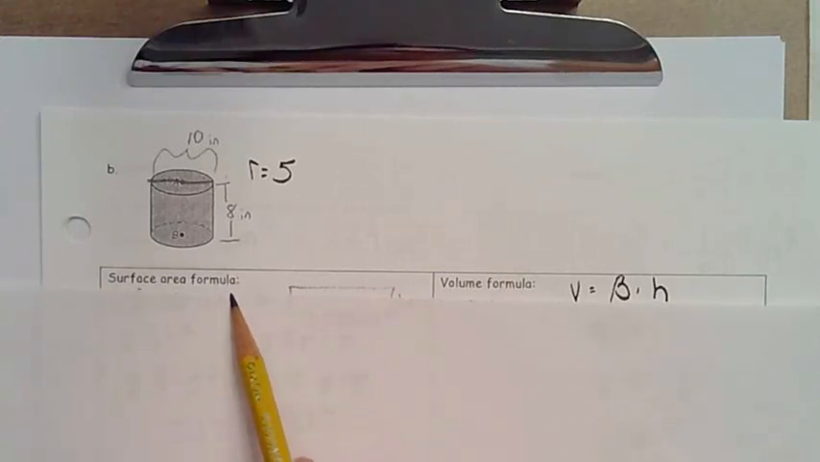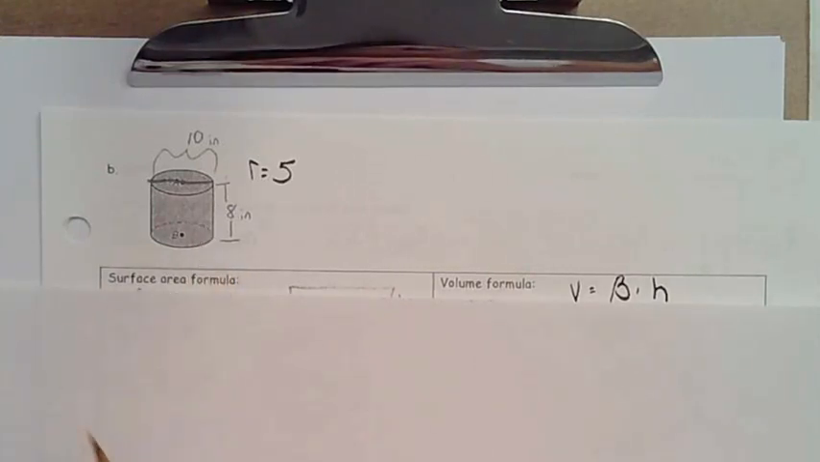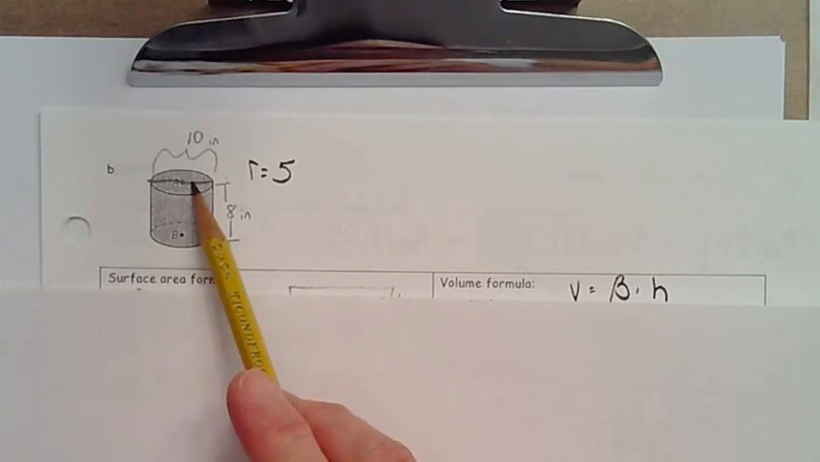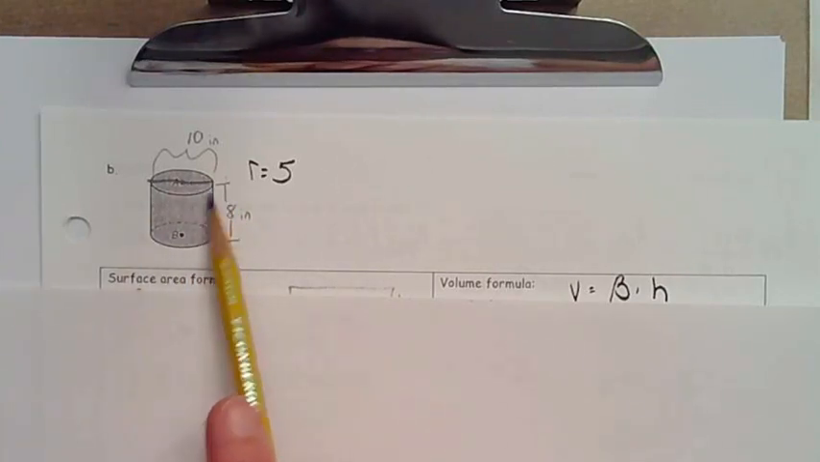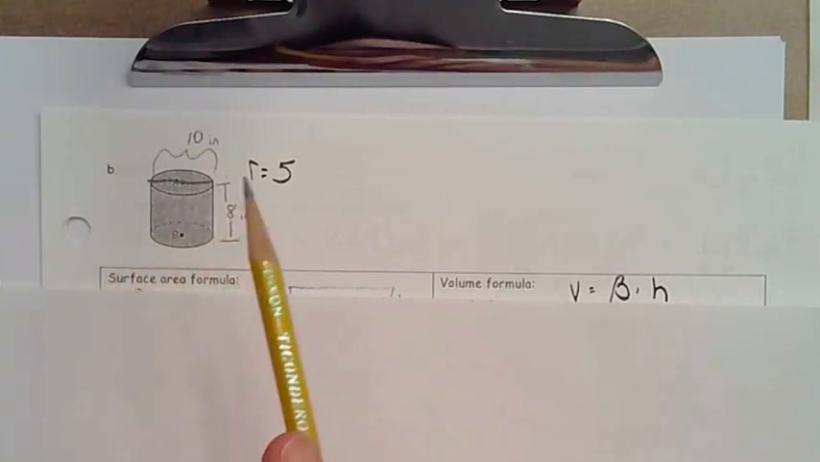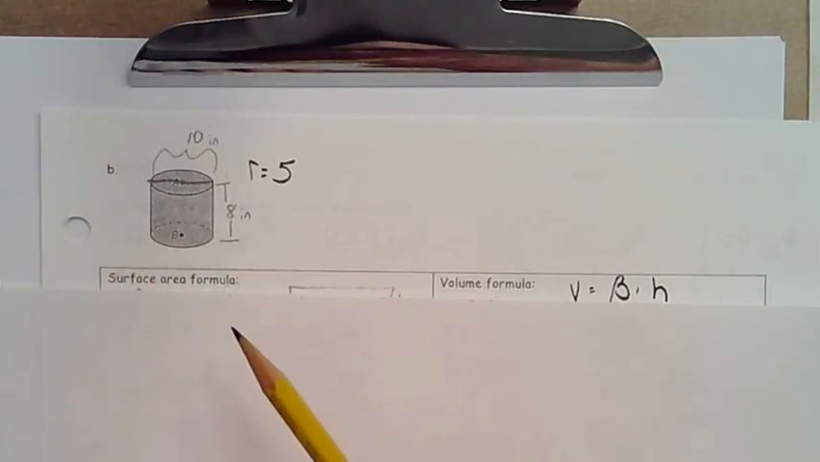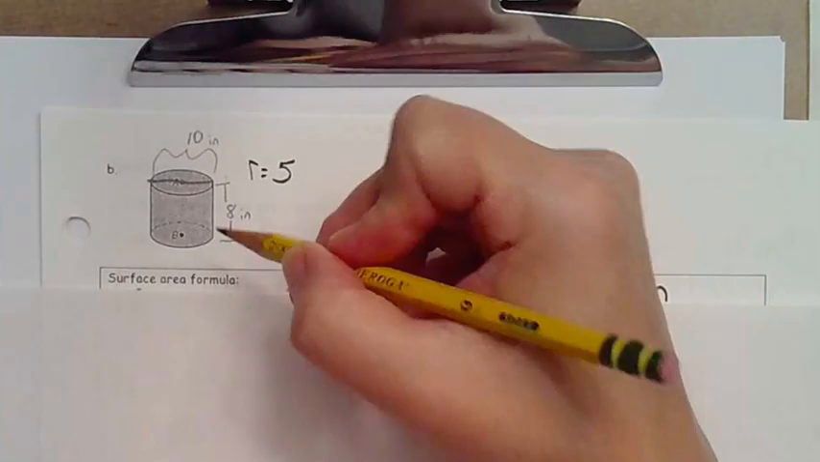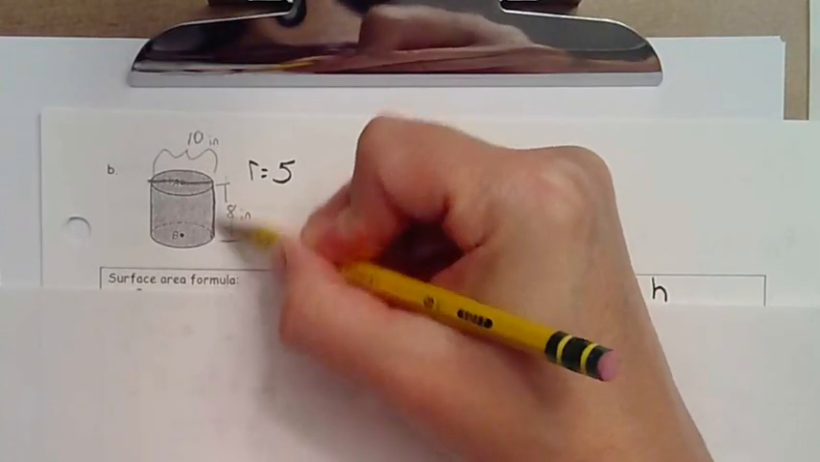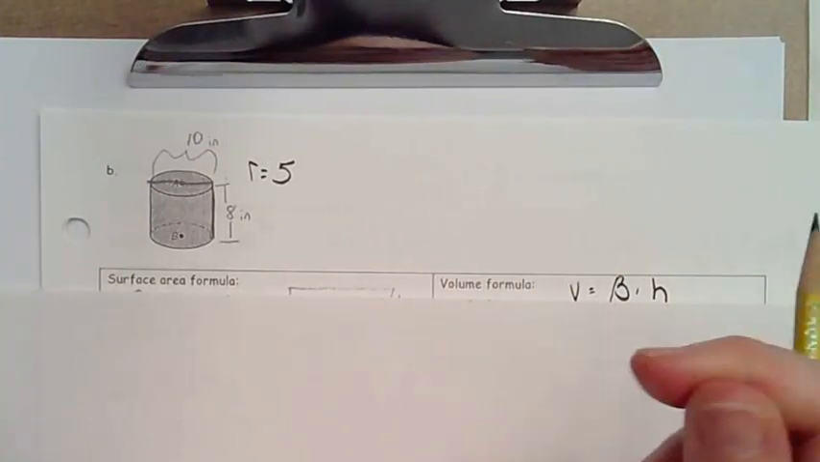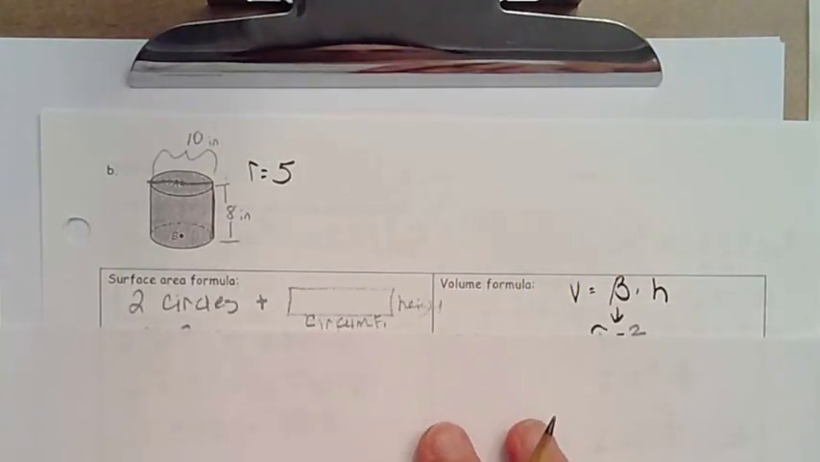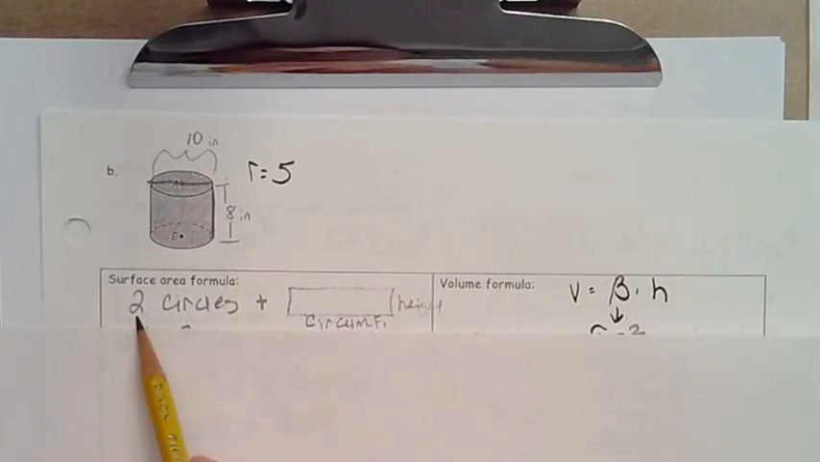Remember, for the surface area of the cylinder, there are 3 parts. There's a circle on the top, a circle on the bottom, and then there's this around the outside part. But remember, if it were a can, and if the can had a label, then you could cut up the side of the label, and when you open a label, it's a rectangle. So we are actually going to find 2 circles